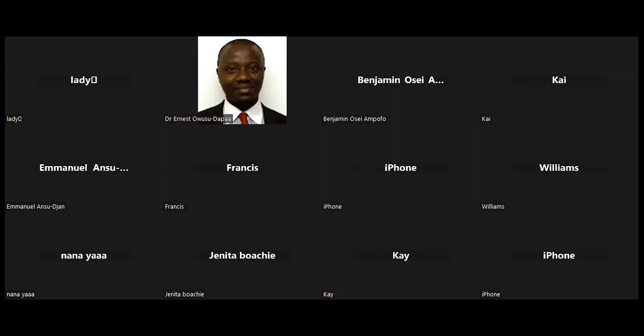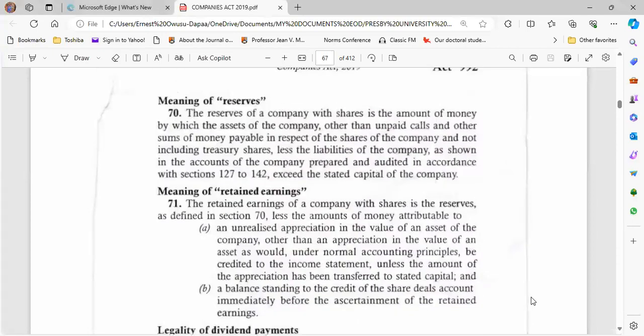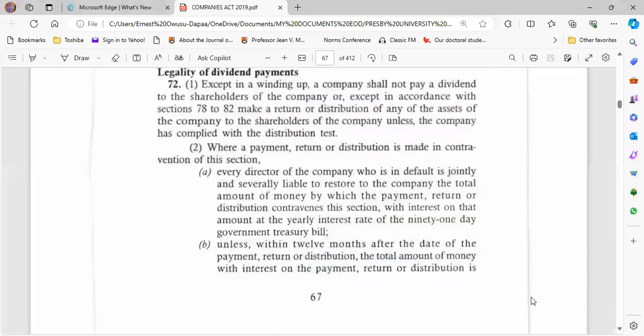So I'm talking about dividends. Dividends. So let's look at the law and then we will discuss it. We have already noted, when we started discussion of shares, that if you are a shareholder, the returns you get for being a shareholder or for having the shares in the company is that when the company has made profits, the profits